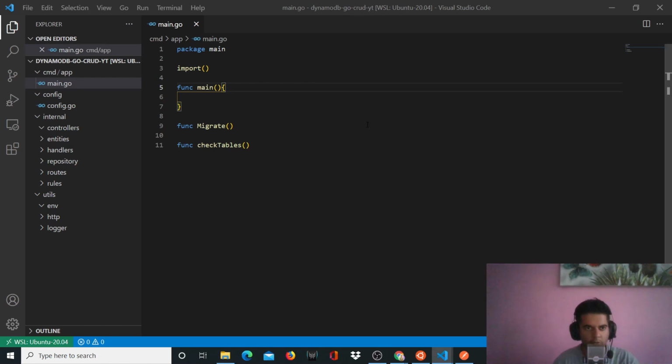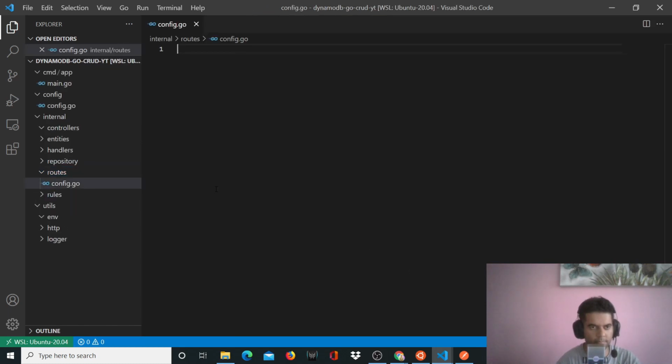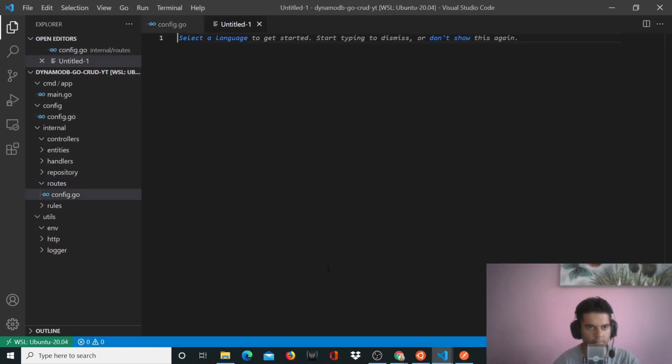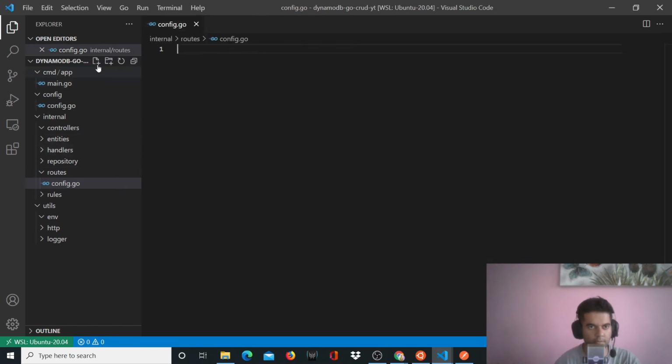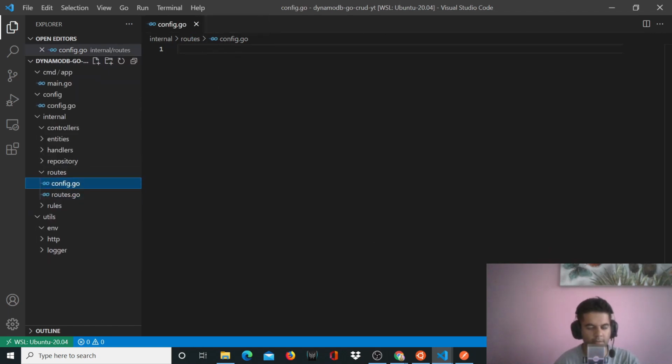So now what we'll do is we'll go to our routes folder, close this file for now, go to your routes folder, create two files here. So create config.go and create routes.go. In your config.go file,